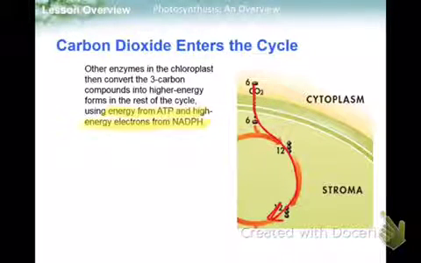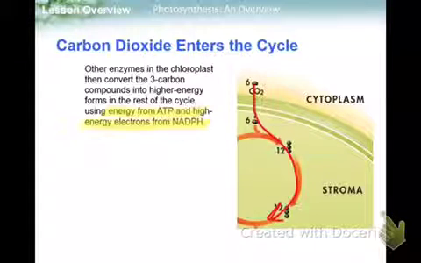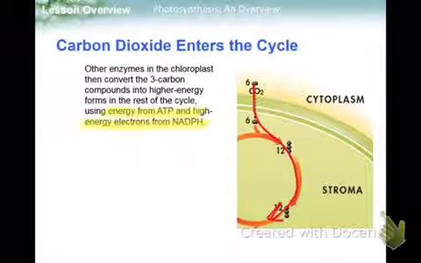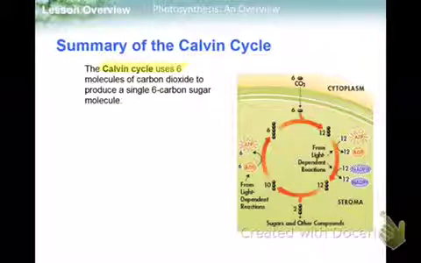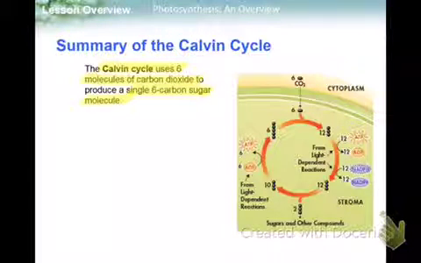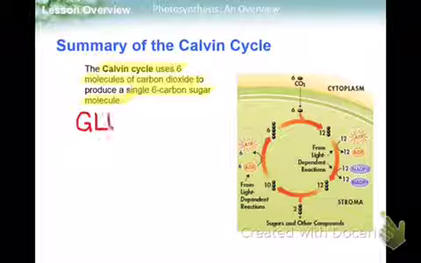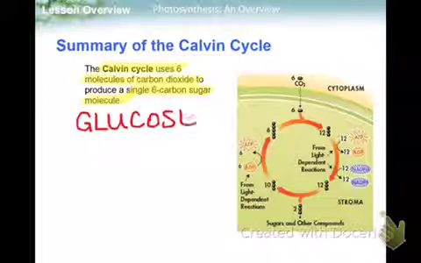Both of those, remember, are from the light reactions. That energy is used to what we call turn or fuel or drive the Calvin cycle. The Calvin cycle uses 6 molecules of carbon dioxide to produce a single 6-carbon sugar molecule, which we know as glucose,